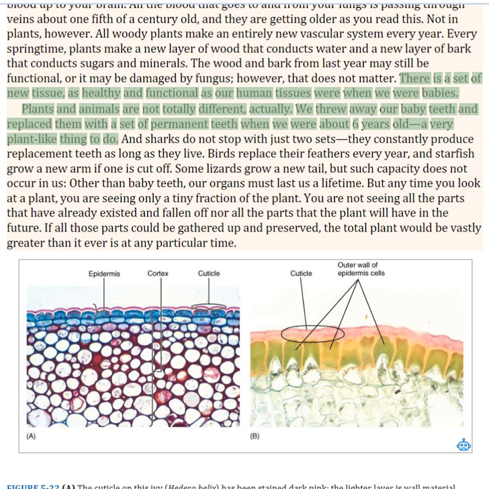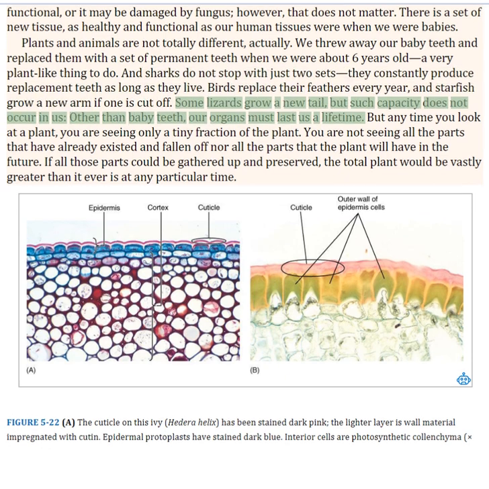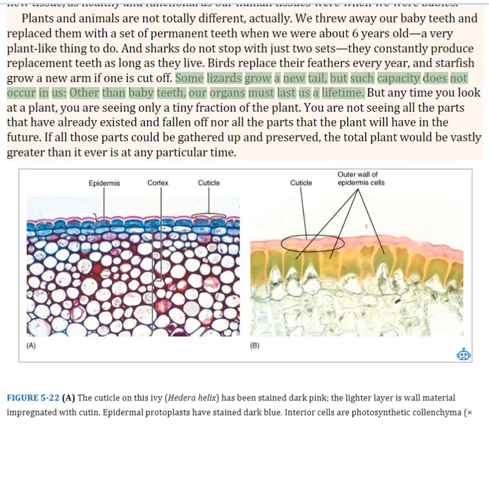Plants and animals are not totally different, actually. We threw away our baby teeth and replaced them with a set of permanent teeth when we were about 6 years old, a very plant-like thing to do. And sharks do not stop with just 2 sets, they constantly produce replacement teeth as long as they live. Birds replace their feathers every year, and starfish grow a new arm if one is cut off. Some lizards grow a new tail, but such capacity does not